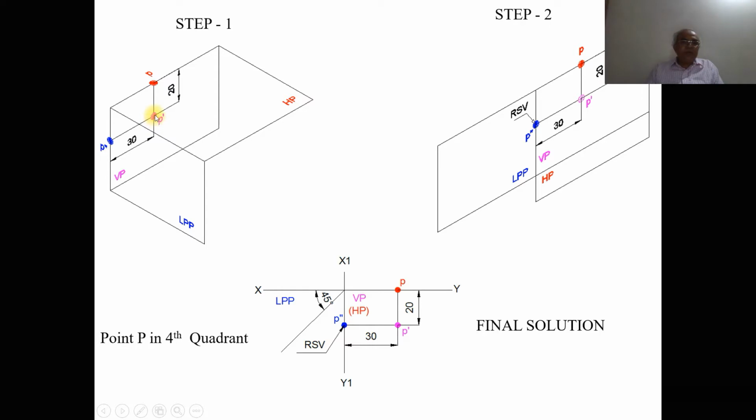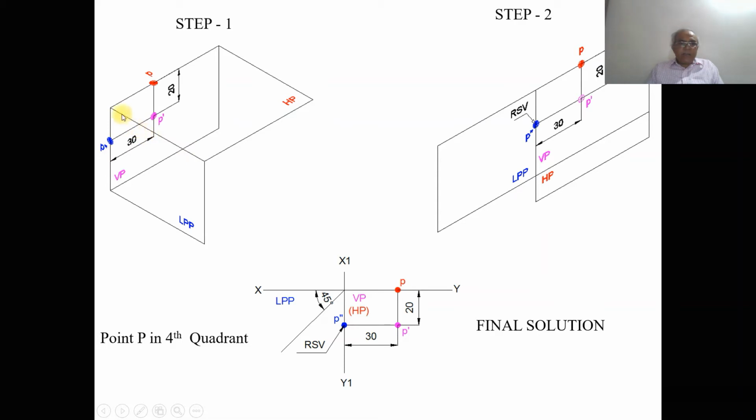So both these points are going to intersect at this point, so we are going to get this as P dash. Then when you look from the top view, I can see the distance in front of LPP is this distance, which is 30 mm, lying on VP. So obviously the point has to fall on HP. And when it is projected in the profile view, that is when you look from the right side view, the point will be on LPP. So this point where you have the front view, on that line you are going to get the side view.